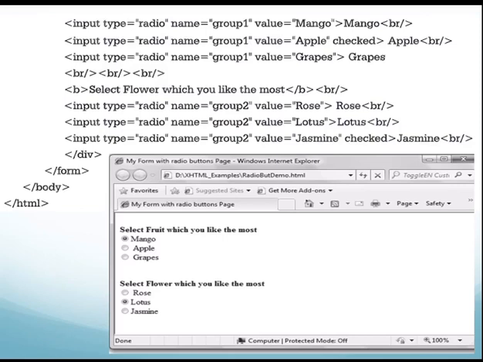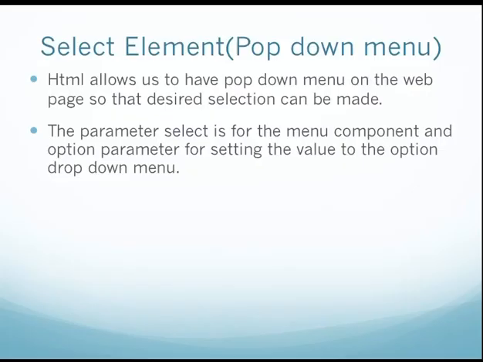Okay, now let's move on to the next slide. Next is the select element, that is your pop down menu. HTML allows us to have a pop down menu on a web page so that the desired selection can be made. For example, sometimes while filling a form you want to select a state, right?